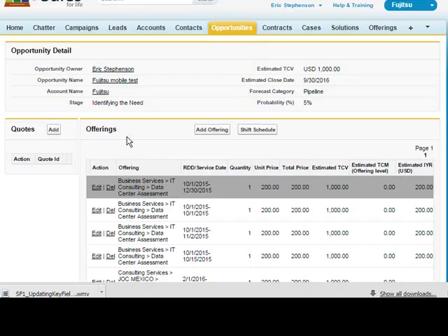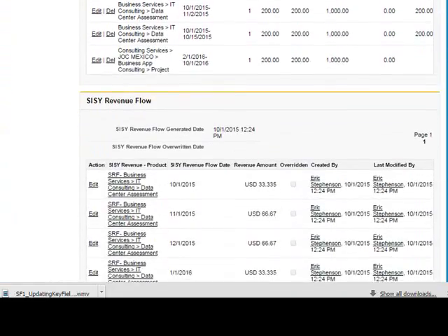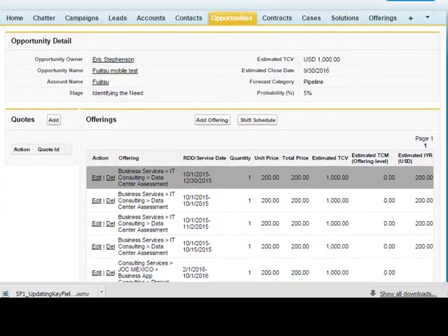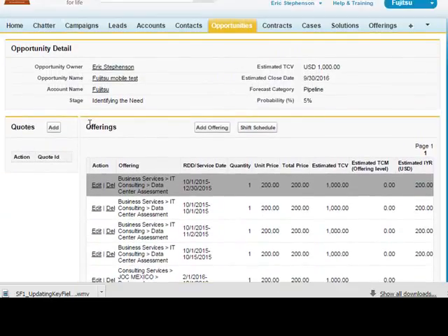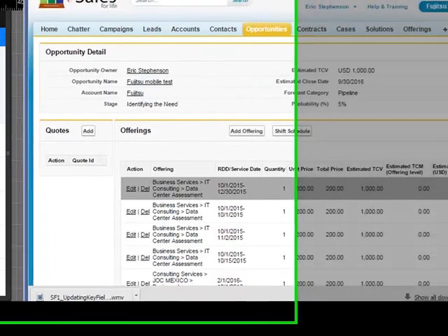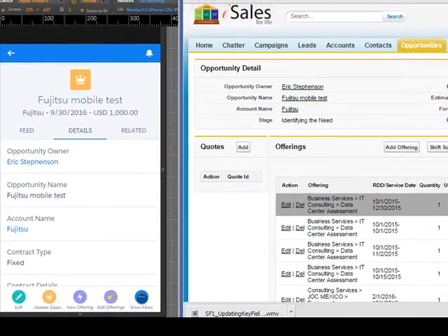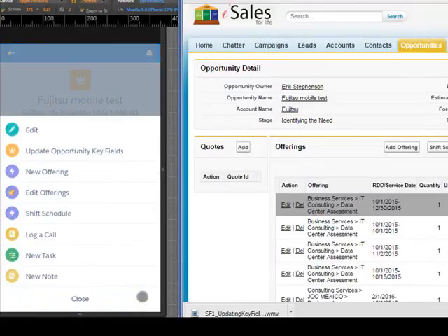When we say offerings, we are really talking about the standard products in Salesforce. And you can see we've built this Visualforce page that has quite a bit of functionality on it, and it takes up a lot of room in the desktop. If we look at our mobile device, we've been taking pieces of this and building it into the mobile device's actions. Furthermore, we do not get actions on products, so we have to make use of the actions on the opportunity. So if you take a look at our add new offerings,